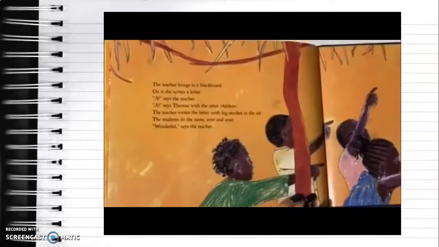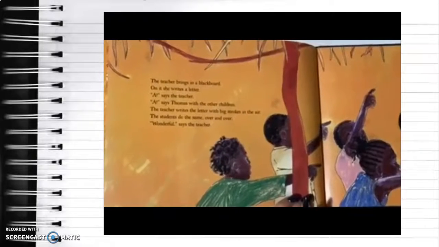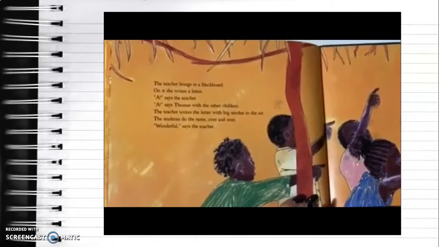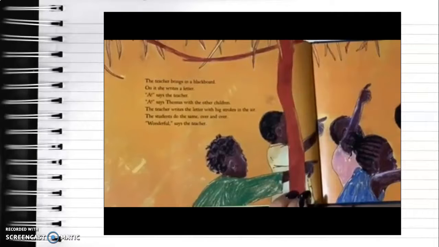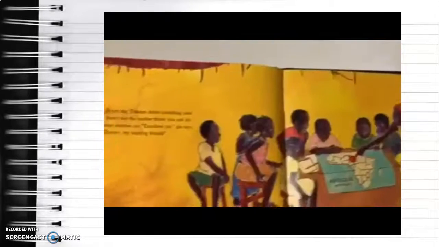The teacher brings in a blackboard. On it, she writes a letter A. A, says the teacher. A, says Thomas with the other children. The teacher writes the letter with big strokes in the air. The students do the same over and over. Wonderful, says the teacher.